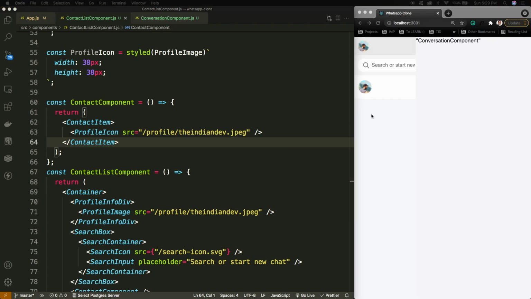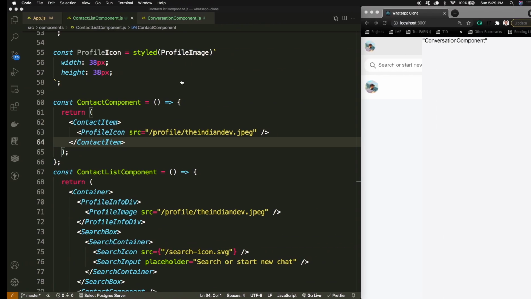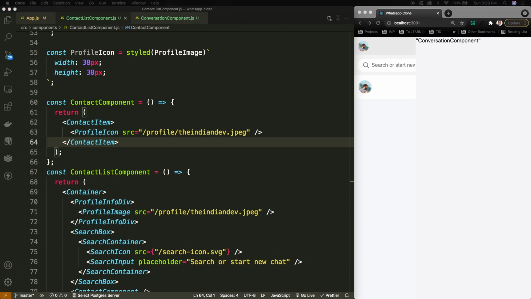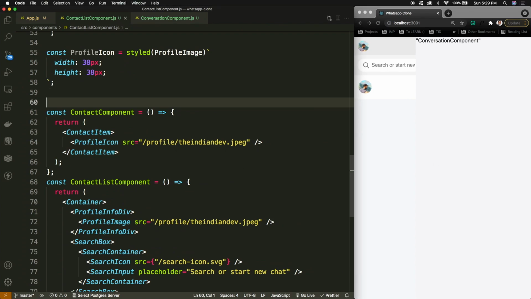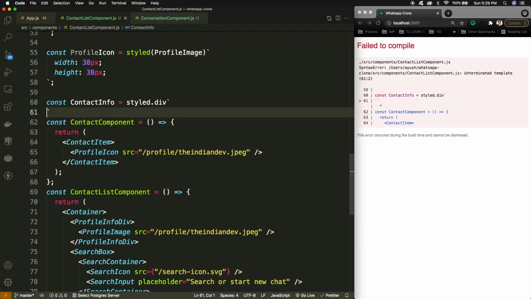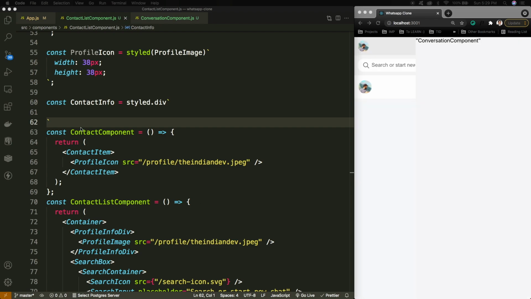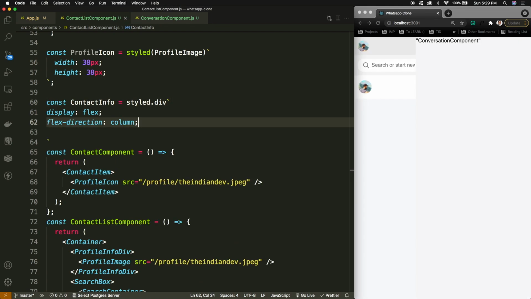I just need to create another div that will contain the contact name and the last message. For that I have another component, the contact info, and that will have the flex direction column. Other than this, the width should be there.